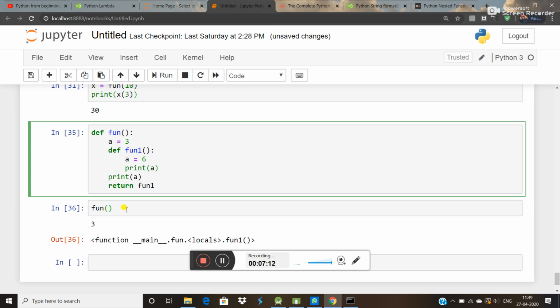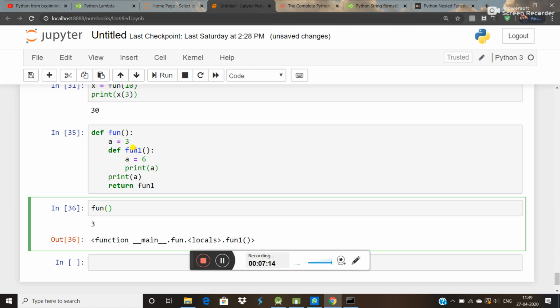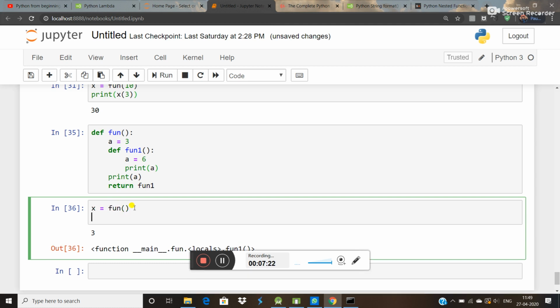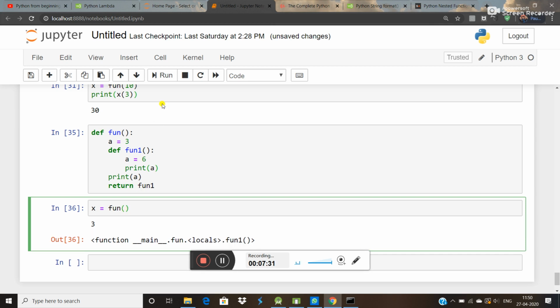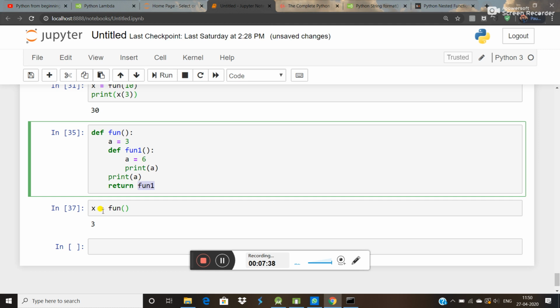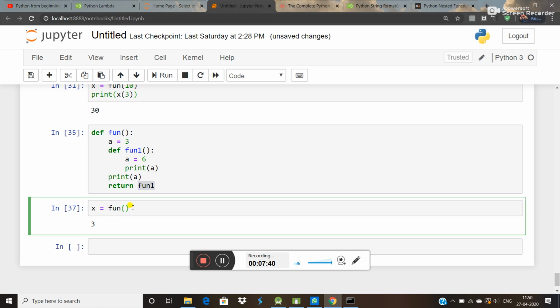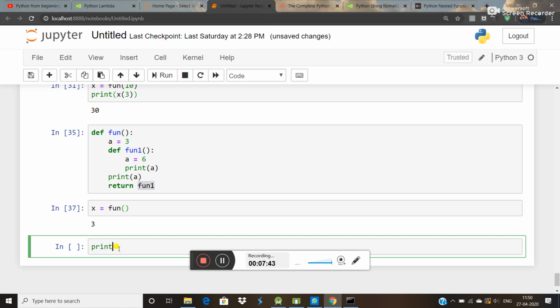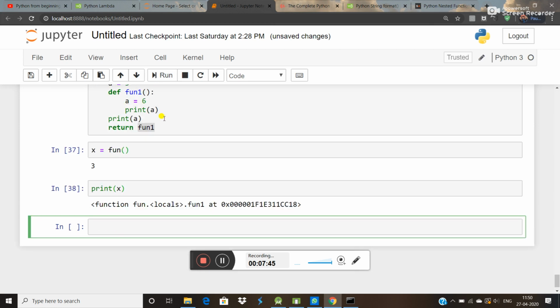If you want to execute the inner function also, then x is equal to fun of this. Okay, how to call the second function? I think it will also work. Okay, x is equal to 3. Now if you want to call the inner function also, I think we have to write print of x.